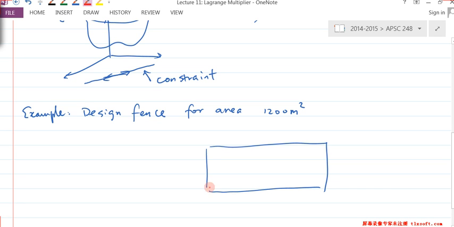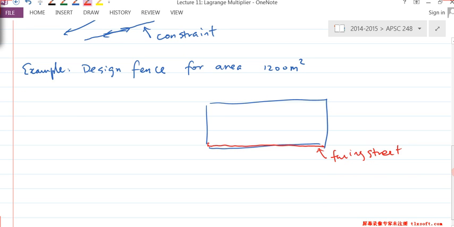So the condition is for this side here, suppose this is the side facing straight. You want it to have a better material, just to give a better appearance for your fence. For this side here, the cost is $50 per meter. So the red side is $50 per meter, and the other three sides